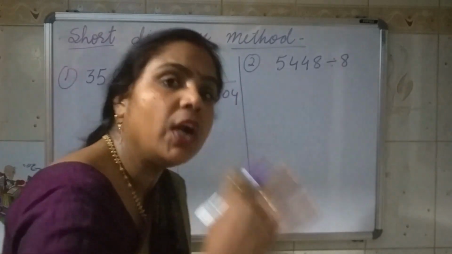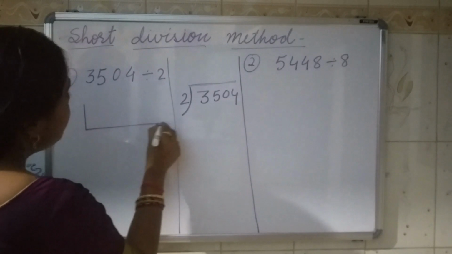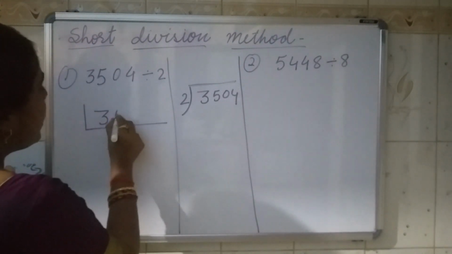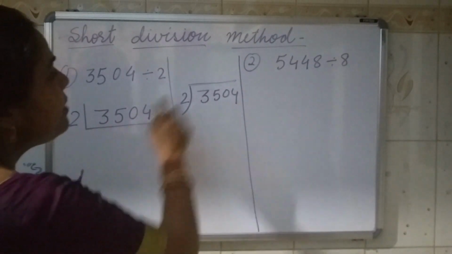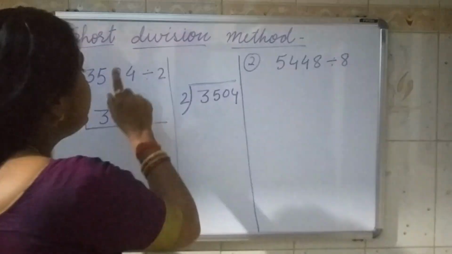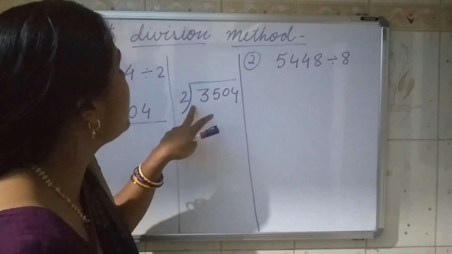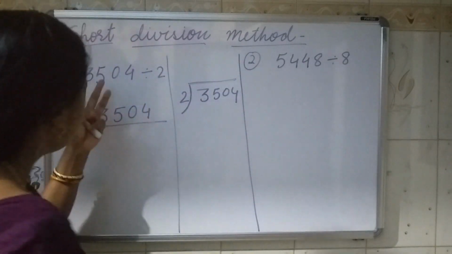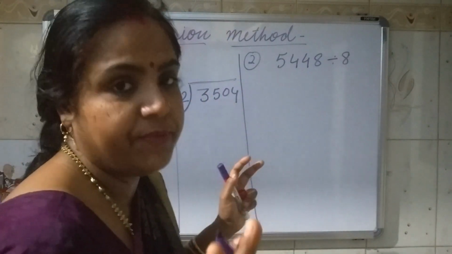In case of the short division method, it is just the opposite of that. We are just making a column like this, and then we will write the number 3504 and we will divide it from here. So here we were writing the quotient above, but in this case we will write the quotient down. This method is called the short division method. Why am I telling you? Because in this case we have to just write down the quotient, then subtract, and then we will get the number. And in this one, all the process we will do in the mind. We will not show any subtraction process.